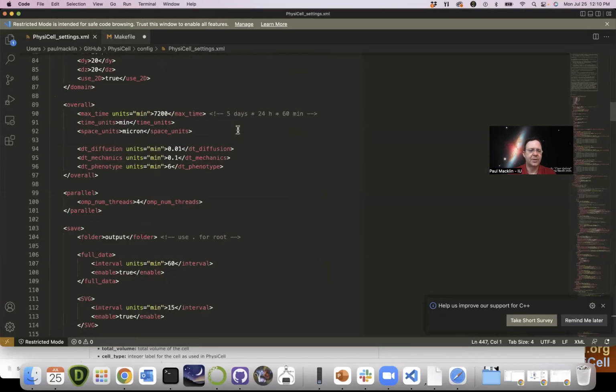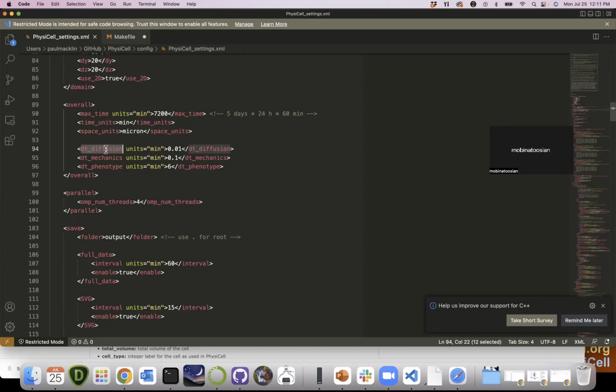Notice that there are these different time scales here for diffusion, mechanics, and phenotype. Basically, because the biology is so multi-scale in time and space, we don't run every process at the same scale, which means that we don't have to run everything at every time step. And so after a lot of analysis and convergence and accuracy testing in particular for the underlying diffusion solver, we found that for typical diffusing substrates at the scales that we care about, for our solver, a time step size of 0.01 minutes was sufficient to maintain accuracy and find that balance between accuracy and performance on